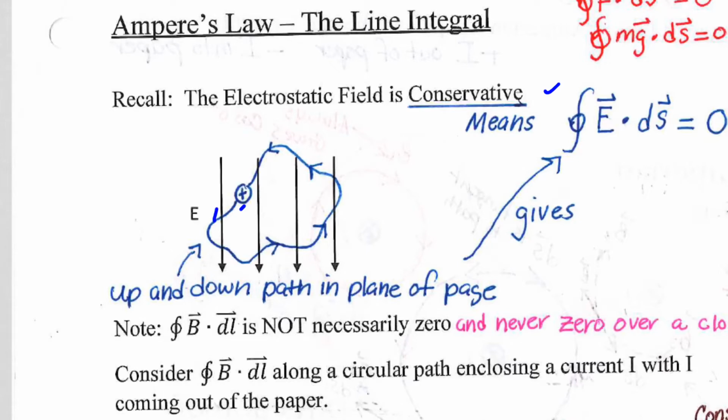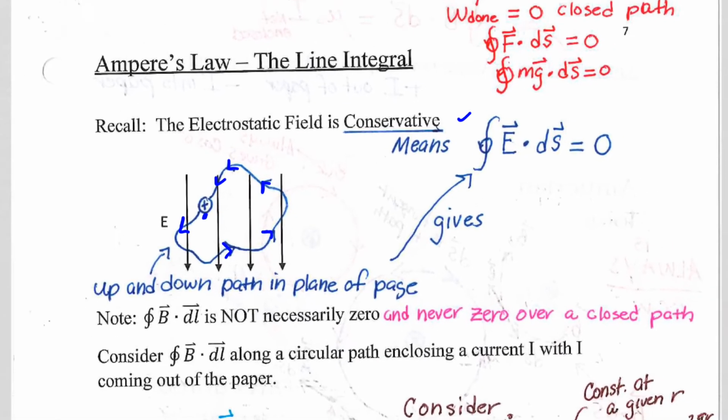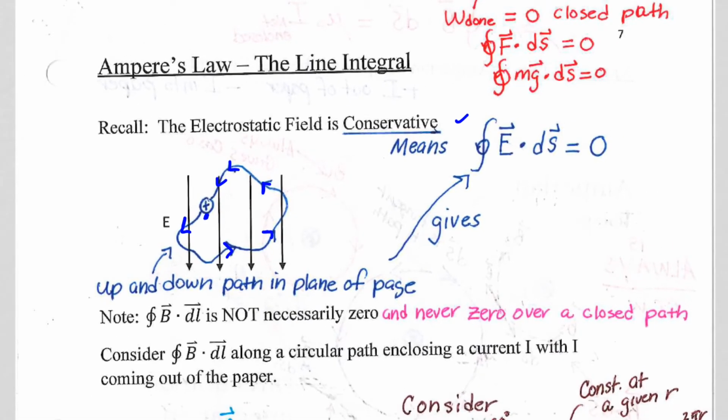So when we start at this point and we move around any closed path, the work done by the electric field will always be 0. So that's when we do F dot ds. So F is QE. I'm going to sneak the Q in here for a moment, but I'm going to erase it as well. So when we do the work done, QE dot ds, F dot ds, we will get 0